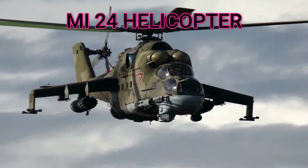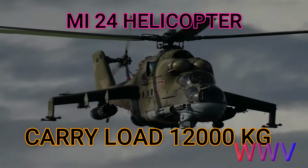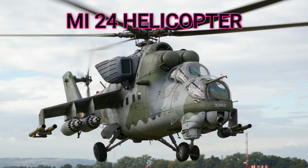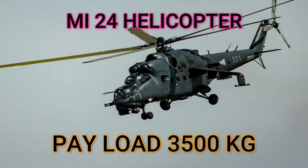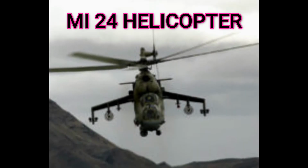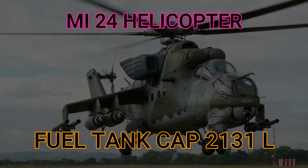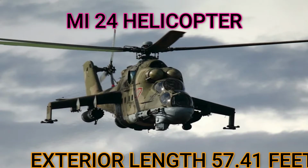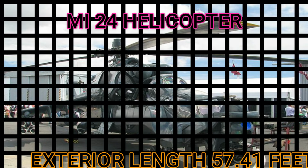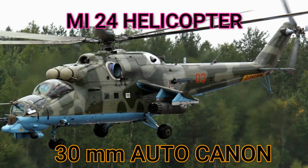It can fly by carrying 12,000 kg weight, but maximum payload on this helicopter is 3,500 kg. Its fuel tank capacity is 2,131 liter. It has 11 general seats. Its exterior length is 57.41 feet. Mi-24 is armed with single 30 autocannon and has